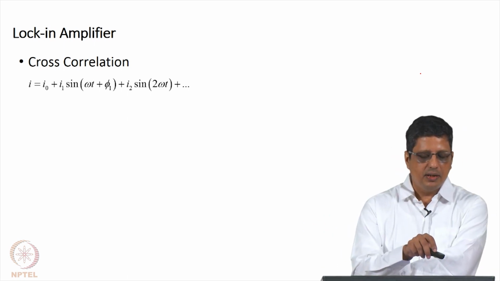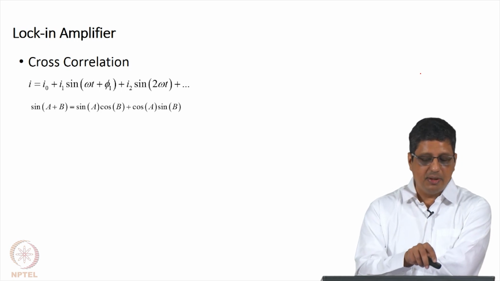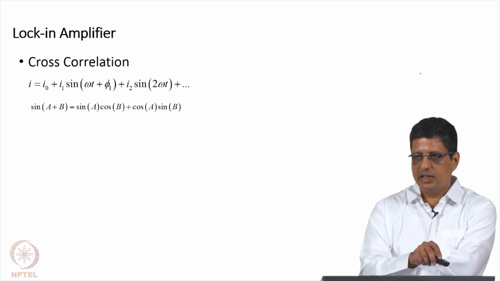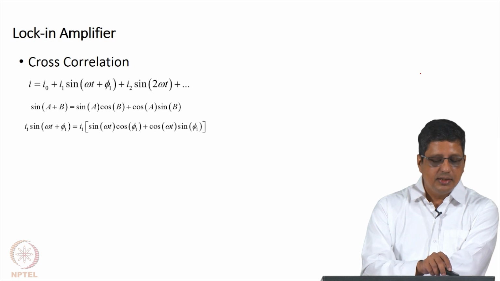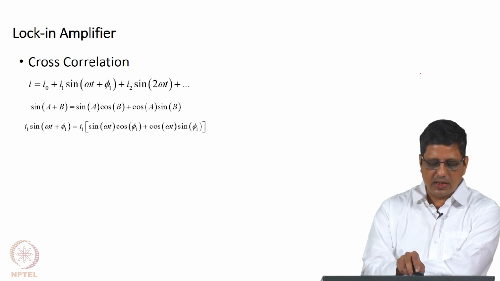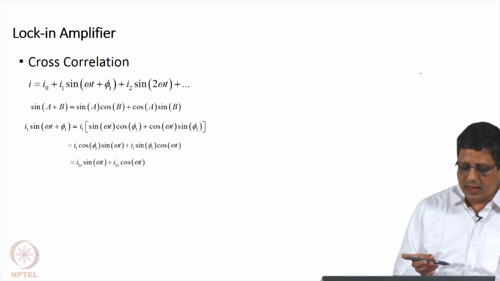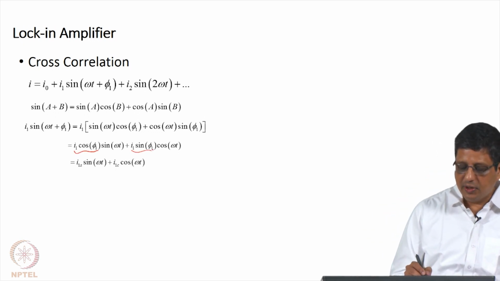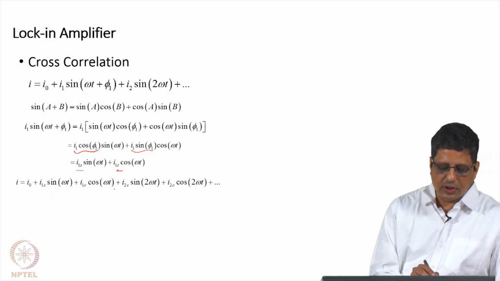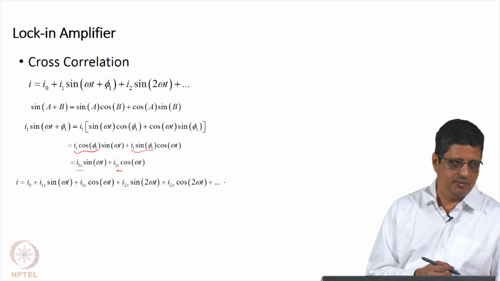Similar to FFT, there is another technique called cross correlation. Let us say you have a sine wave or a signal which can be written in Fourier series like this. You can write sin(A+B) as a combination of sine and cosine. Same way you can write sin(omega t plus phi) as sin omega t cos phi plus cos omega t sin phi, which means when I write it in terms of omega t alone, for a given phi this is a constant. So, I can expand this as sin omega t plus cos omega t, sin 2 omega t plus cos 2 omega t. This is another representation of Fourier series.